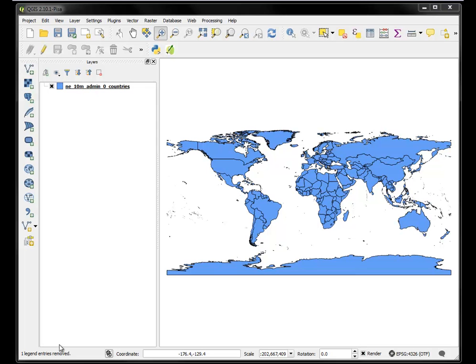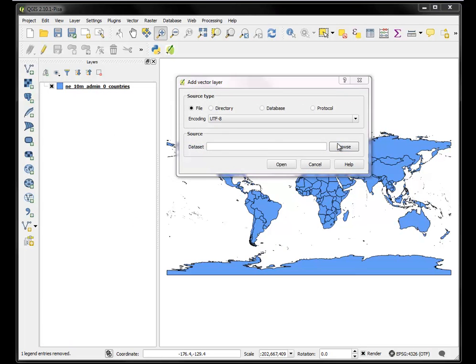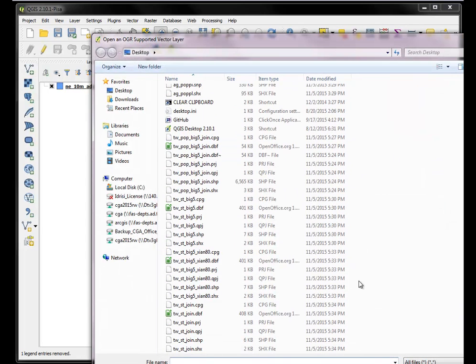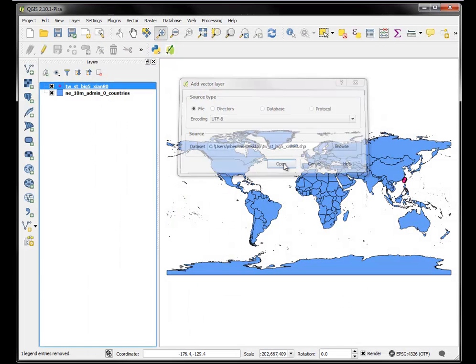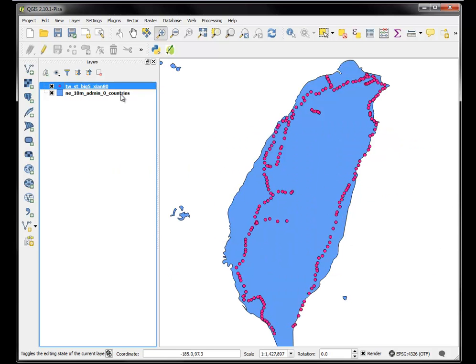So for this case, we're going to use a previously created file, which was a layer of railway stations in Taiwan that is projected into a projection that we want to use. So here's a bunch of railway stations in Taiwan,